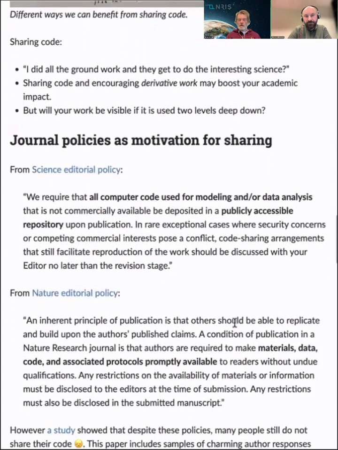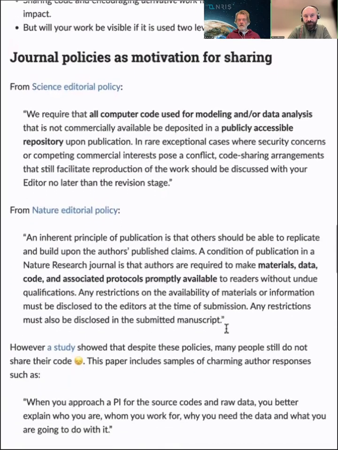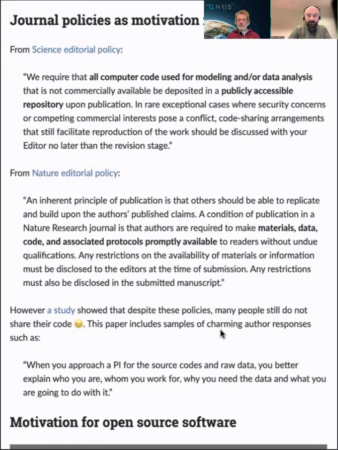What about journal policies? I've seen them changing a little bit. For example, when it comes to sharing data, many journals now require a so-called data availability statement. What about the code? Can this be a motivation for sharing the code? Yeah, I think this can be a motivation for sharing the code, absolutely. But as studies have shown, it's not always possible to reuse the code, though it's shared.